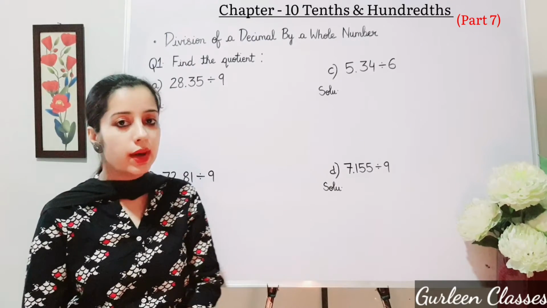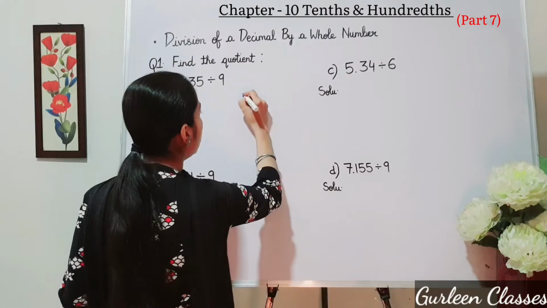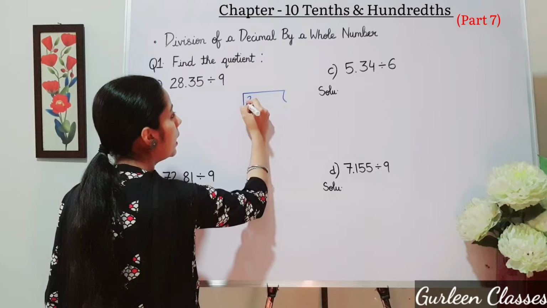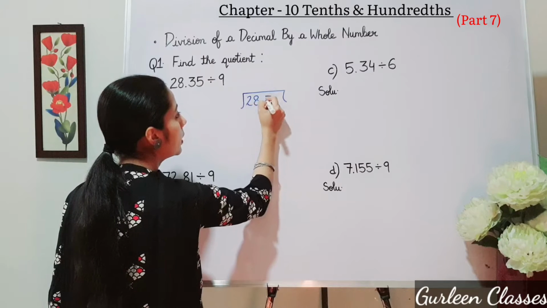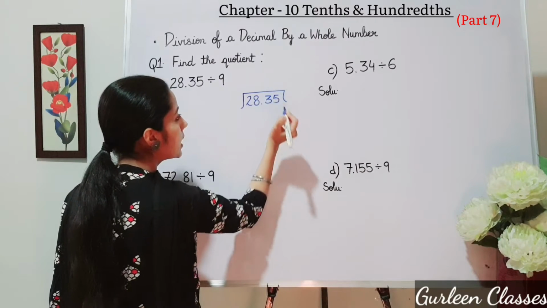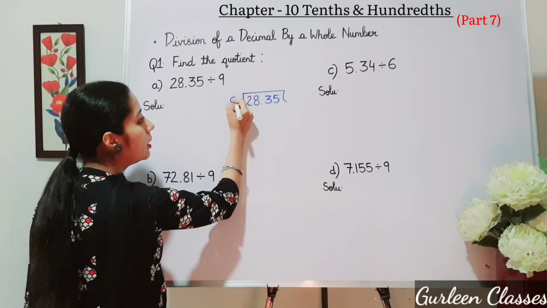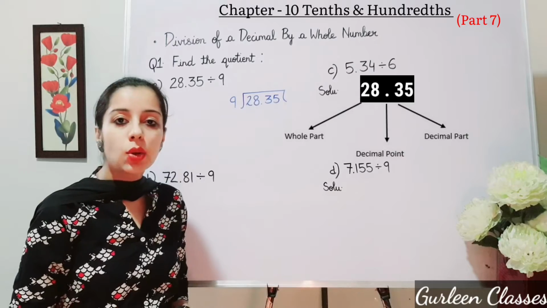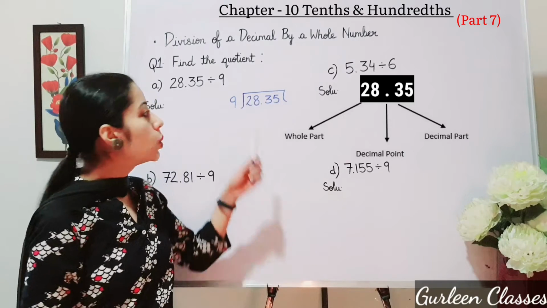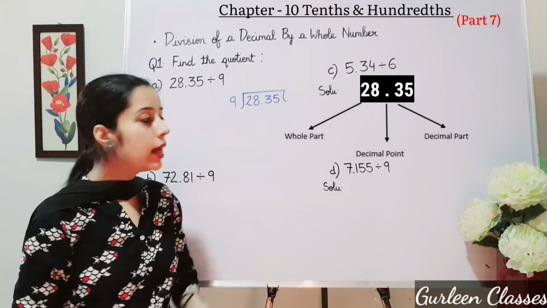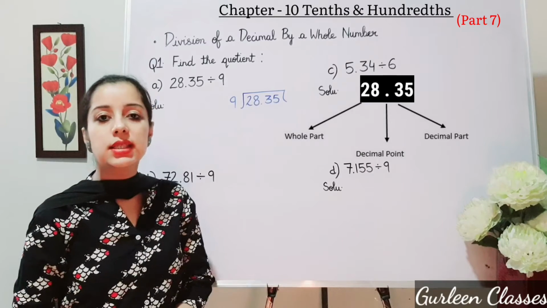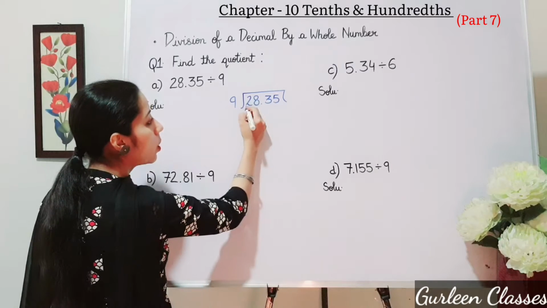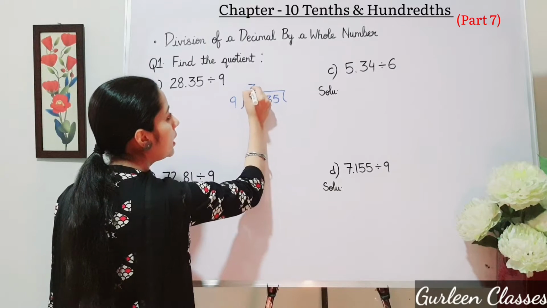So now let us divide 28.35. Here 28.35 will be our dividend, and dividend we write inside. And 9 will be the divisor. Before the decimal point, it is known as the whole number part, so 28 is the whole number part. And after the decimal point, that is 35, it is the decimal part. So first let us divide this whole number part. 9 3s are